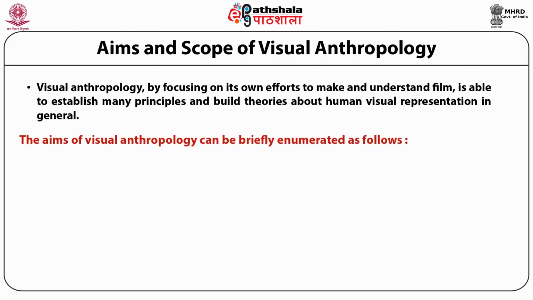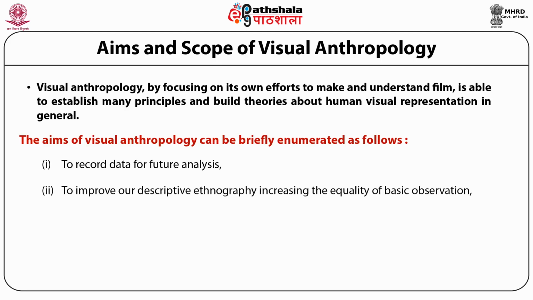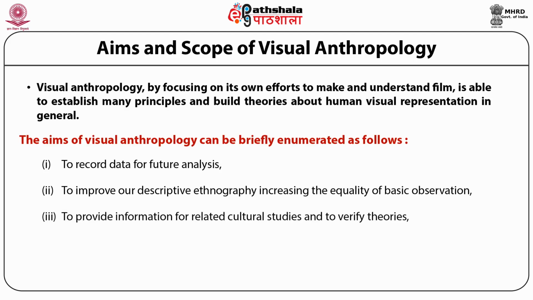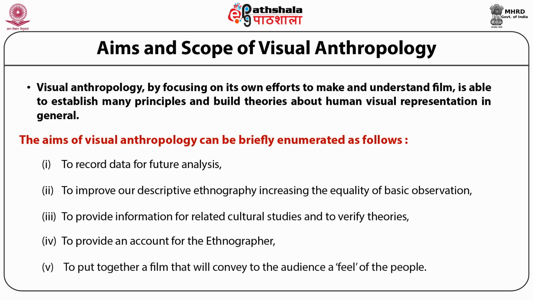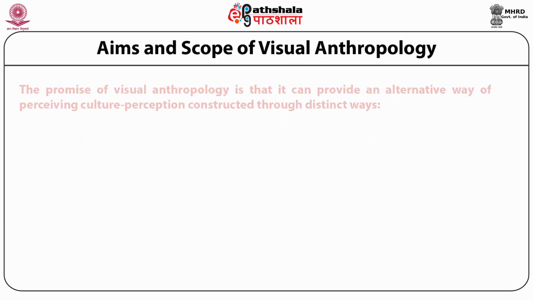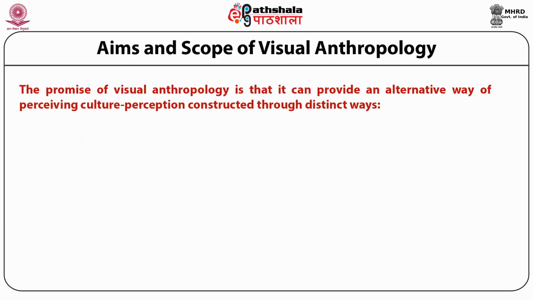The aims of visual anthropology can be briefly enumerated as follows: to record data for future analysis, to improve our descriptive ethnography, increasing the quality of basic observation, to provide information for related cultural studies and to verify theories, to provide an account for the ethnographer, and to put together a film that will convey to the audience a feel of the people. The promise of visual anthropology is that it can provide an alternative way of perceiving culture,